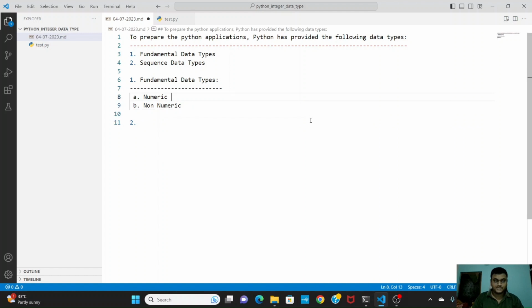Under numeric, int, float, and complex. Under non-numeric data types, none, bool, and str. Under sequence data types,